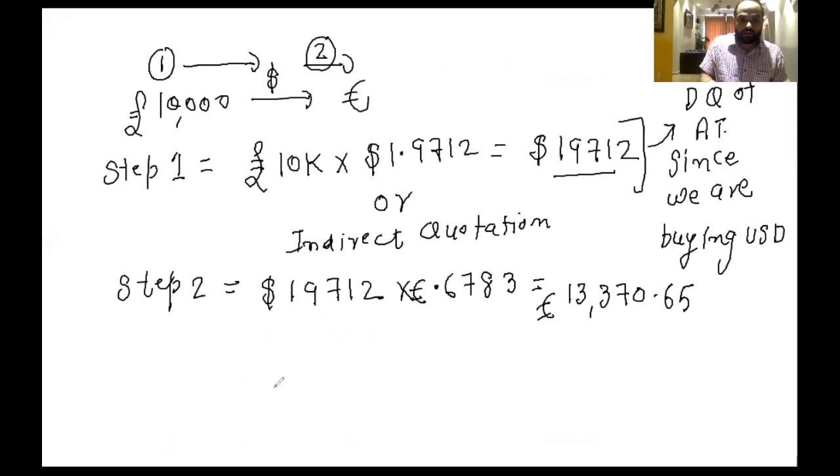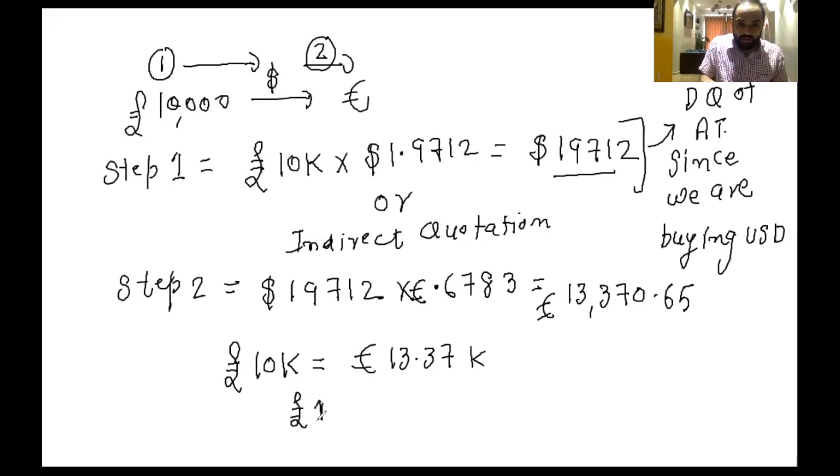So the conclusion is 10,000 pounds equals 13.37 euro. What does it mean? It means